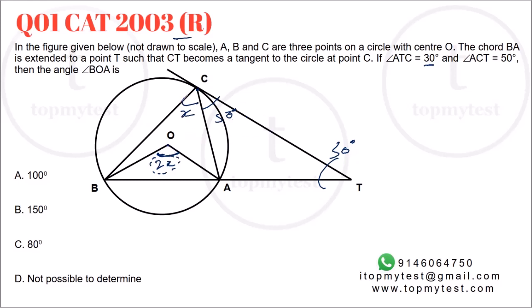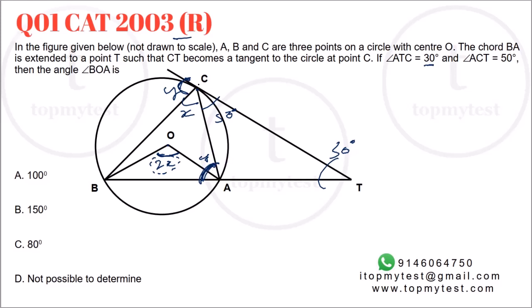If I find the balance angle here, this will be 180 degrees. So if I find the balance angle here, that angle plus 50, 180 minus that will be x, and twice of that will be 2x. So that will be the way to proceed. Now this angle will be the alternate angle to this particular angle. This angle y will be the alternate angle to this because this is a chord to the tangent. The chord subtends y degrees on the tangent, so this angle will also be equal to y. Angle CAB will be equal to y.